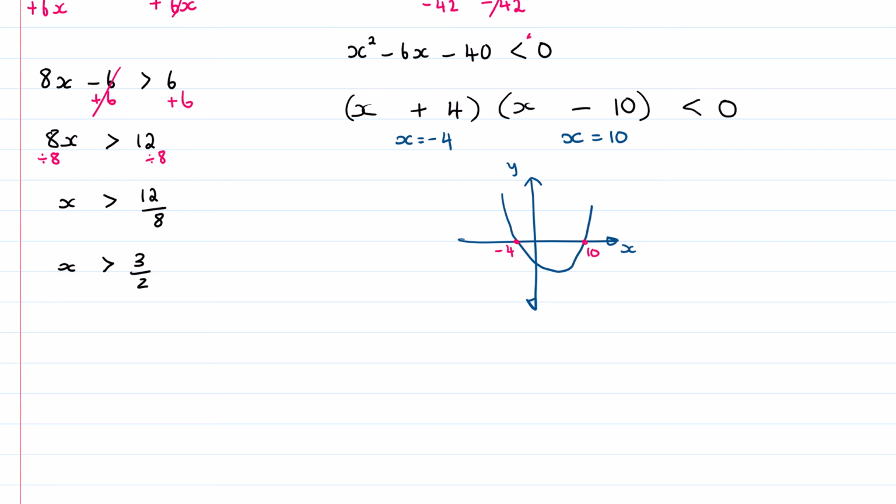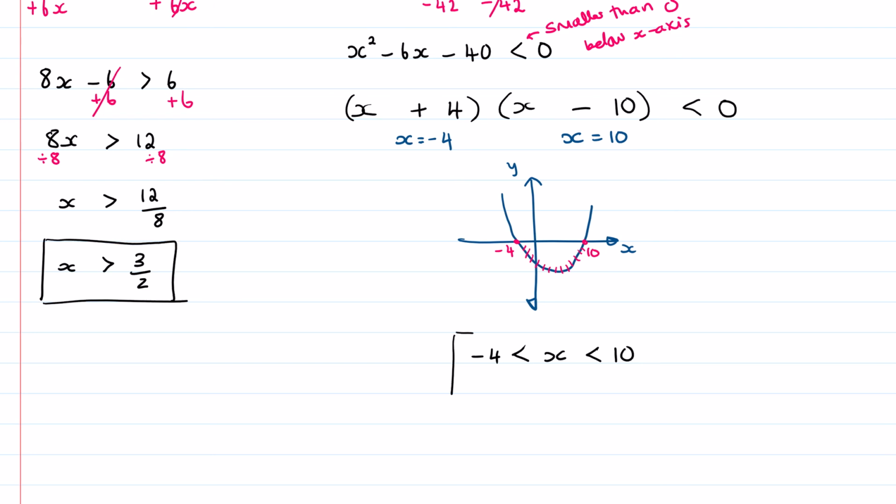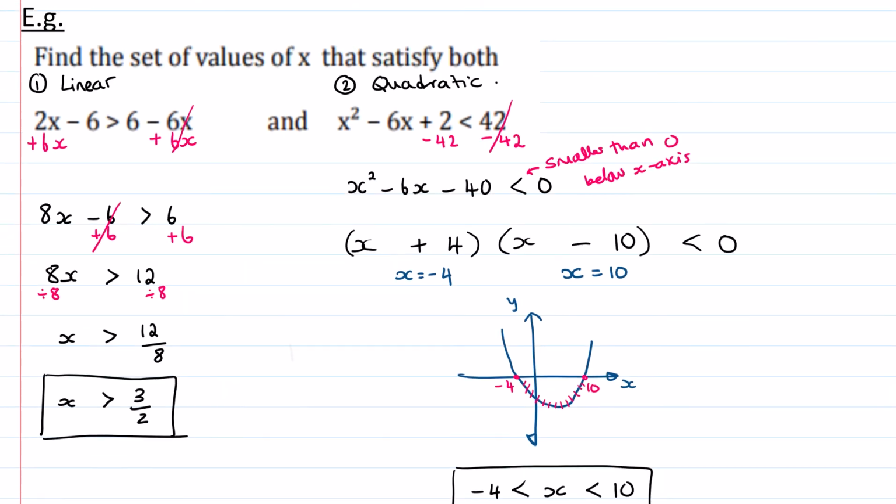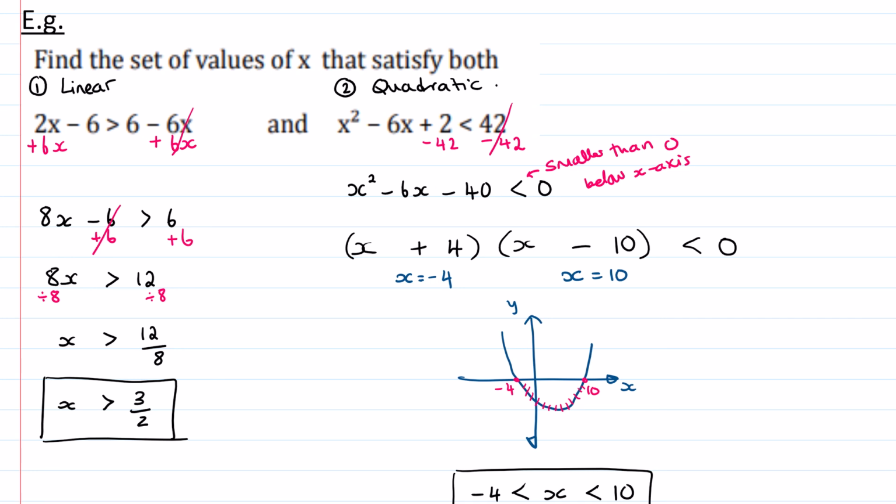I can sketch the graph. Minus 4 and 10. And this is smaller than 0, so I want the section that's below the x-axis. So the answer is x is bigger than minus 4 and x is smaller than 10. I have two answers, but the question says find the set of values. What are the set of values for x that satisfy both